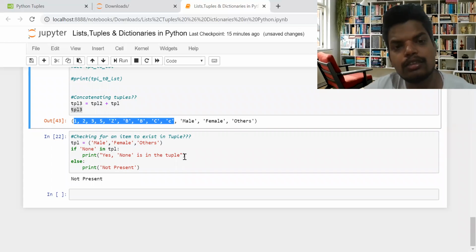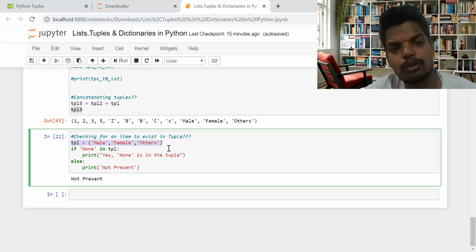And the last one, like in most of our programming logic, this type of checking for an item to exist, whether it is existing in the tuple, we many times use in our programming scenarios. So here I have included this. I have taken a tuple for a gender column, and I am checking whether there is none mentioned in that tuple.